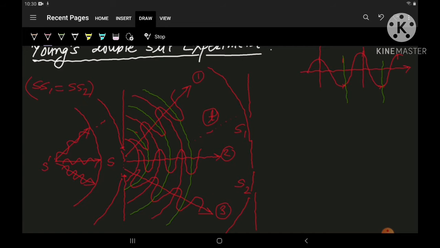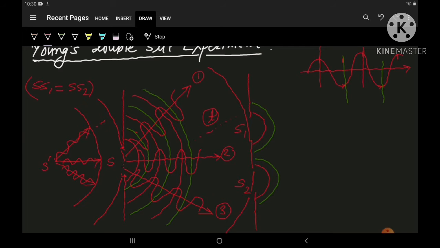Suppose this is the incident wave front. When will it be incident on S1 and S2? Then obviously, from the Huygens principle, secondary wave fronts are formed. So here from S1, suppose this is a wave front corresponding to crest. From S2, this is a wave front corresponding to crest. Again, suppose this is the wave front corresponding to trough. Similarly, this is a wave front corresponding to trough,